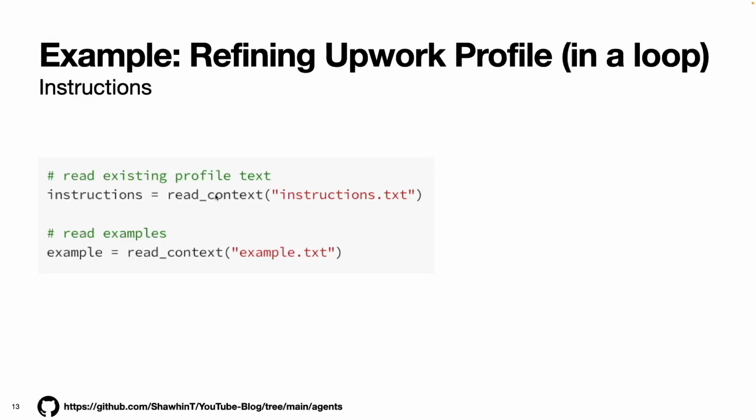To come up with instructions, I went on Upwork and then I searched for freelancers that have made over $1 million freelancing AI or data science services. So I found 5 profiles that met this criteria, and then I pasted those into ChatGPT, and I asked it to find the different commonalities and best practices from those profiles, and then synthesize a set of instructions for writing a profile based on those best practices.